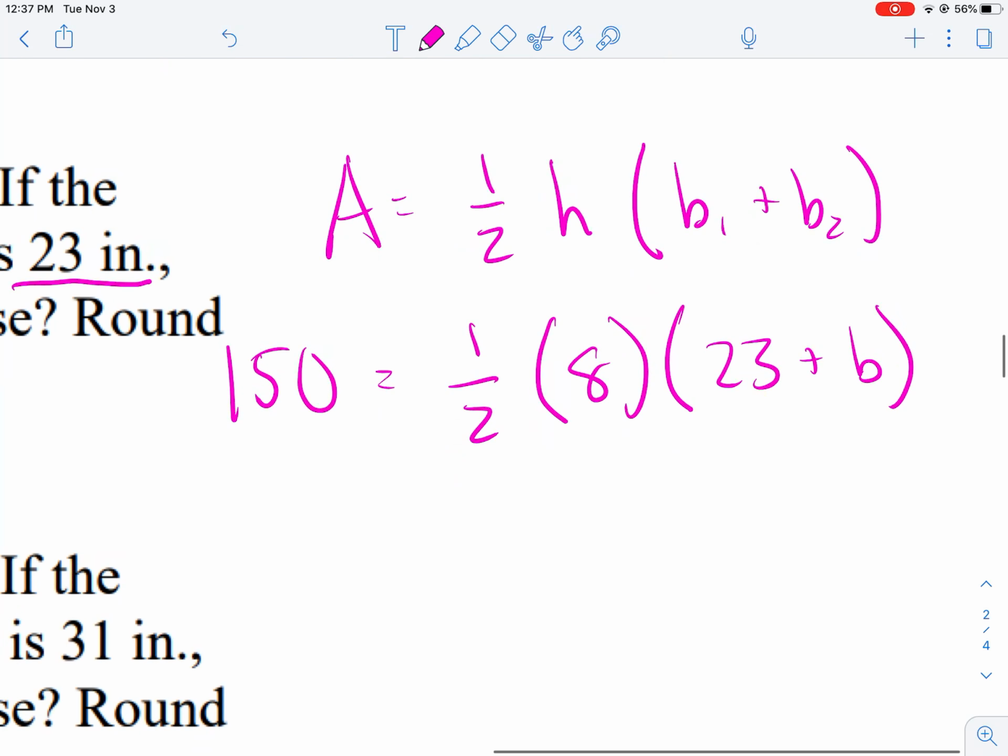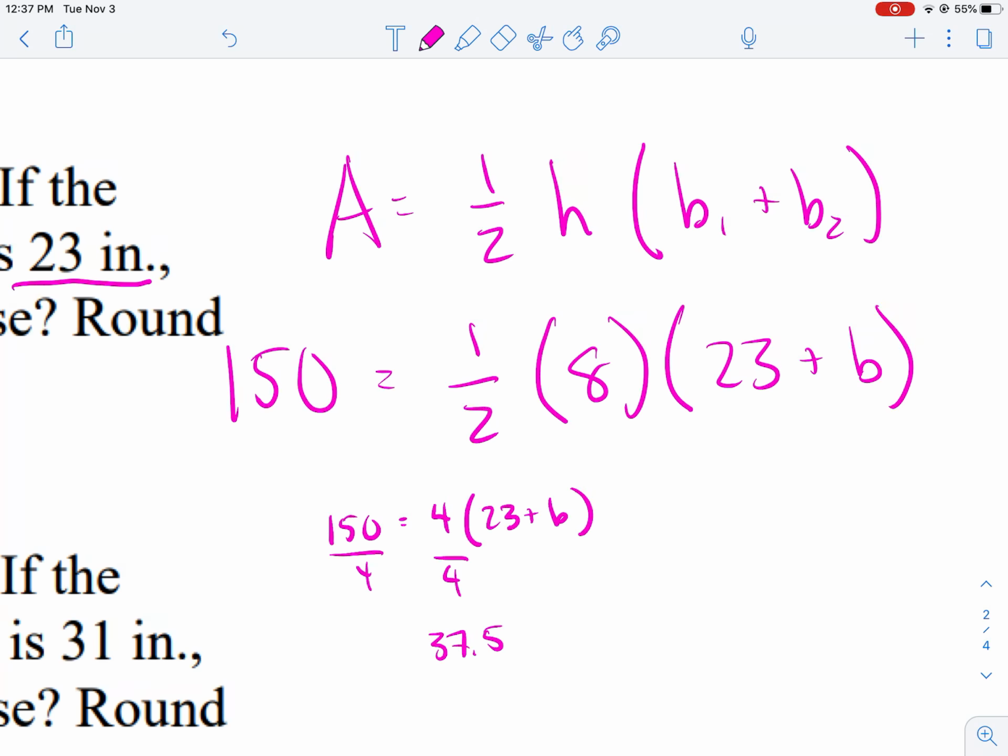So 150, 1/2 times 8 is just 4, so 4 times 23 plus B. I'm going to divide by 4, so I end up getting 37.5 equal to 23 plus B. Subtract 23, and you get B is equal to